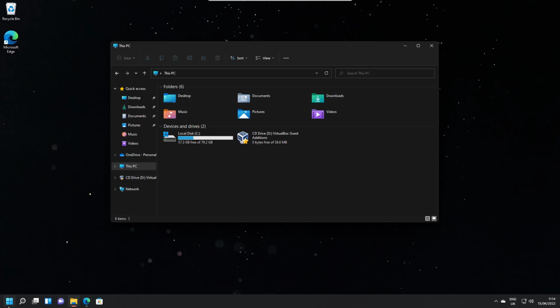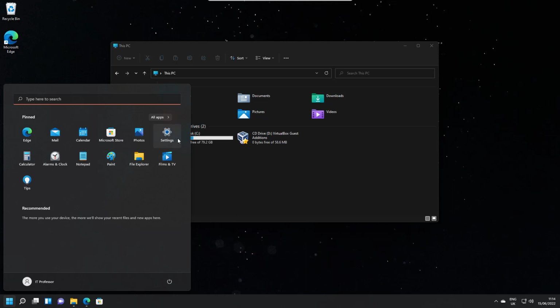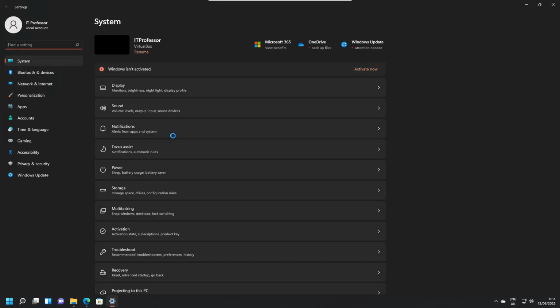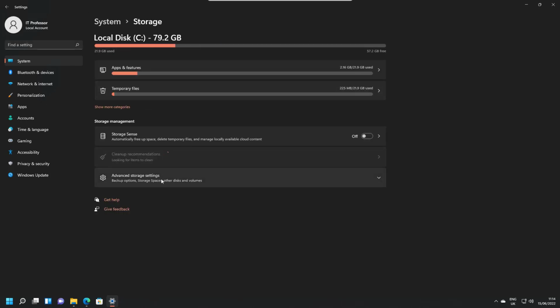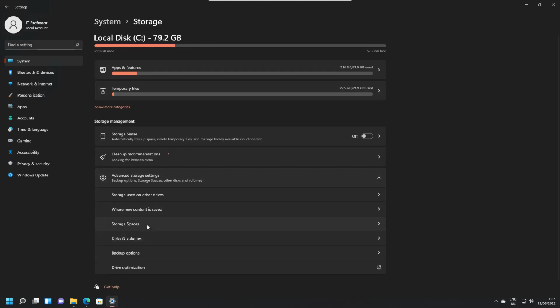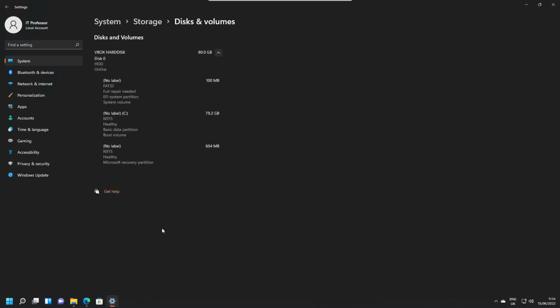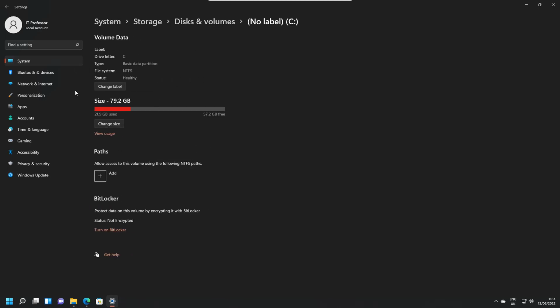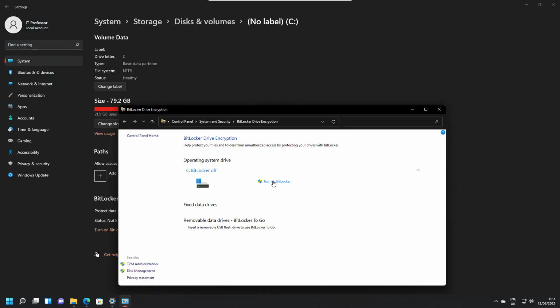To find the BitLocker option, go to the Windows Start and click on Settings. Next, click on Storage and follow this up with Advanced Storage Settings. Now choose Disk and Volumes. In the new window, select the drive that you want to encrypt, click on it and go to Properties. At the bottom of the page, you have the option to turn on BitLocker. Click on it. From this menu, we can choose the option to encrypt our device, but first I am going to